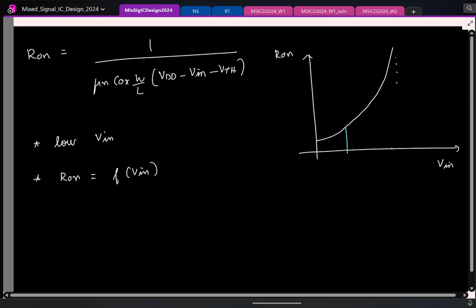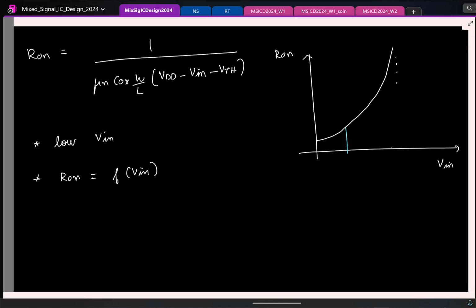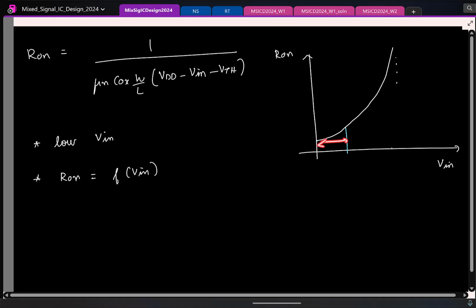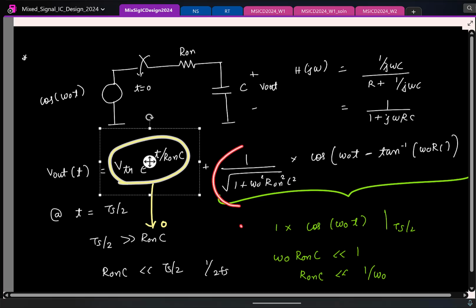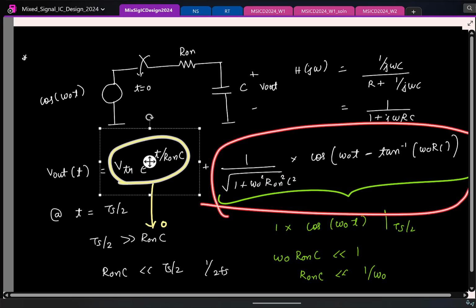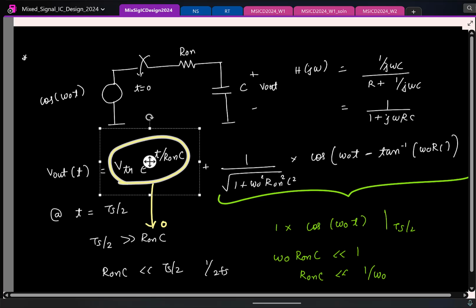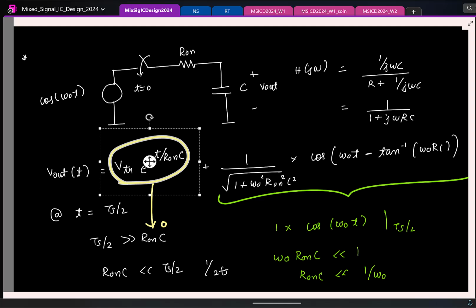And this is pretty bad because let us say I restrict my input to be in this range, but my input is a time varying signal used directly at the sampling side. Now you saw that if I have a time varying signal, the expression I have is this. My Vout depends on R on here and R on here. My R on is a non-linear function of the input. So my output, do you think it will be a linear or a non-linear function of the input? Is that okay? Output will also be a non-linear function of the input,